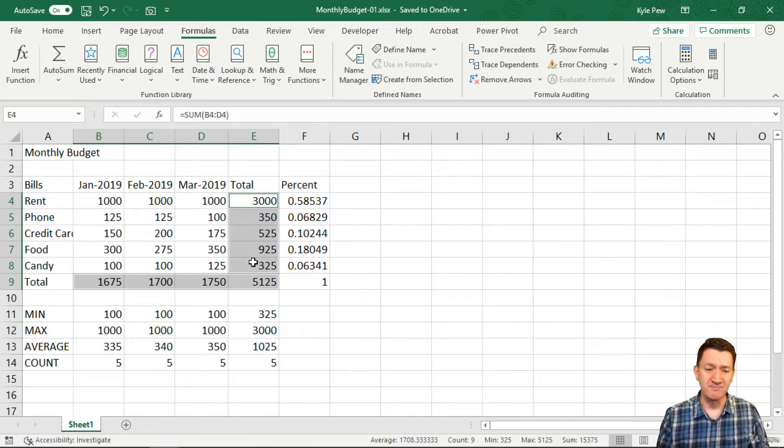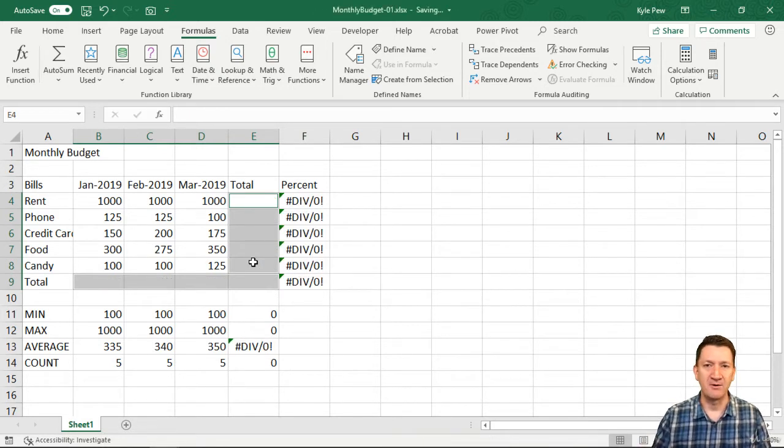I'm on a Windows machine. If I remember correctly, and I've got to jog my memory because I don't work on a Mac all the time, but I believe you hold down the command key on the Mac to be able to select a non-contiguous group of cells. If that's not correct, jump into the comment section, let me know, and I can go and figure that out for us. I've got a Mac sitting right next door to me, so I could jump over there and look as well. But I believe it's control on the Windows, and I believe it's command on the Mac. Either case, let's select them.